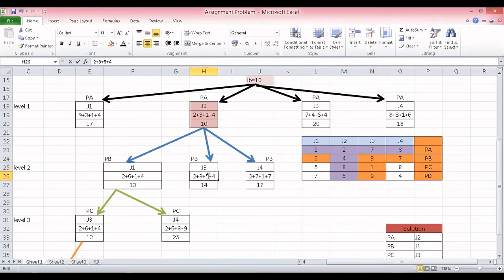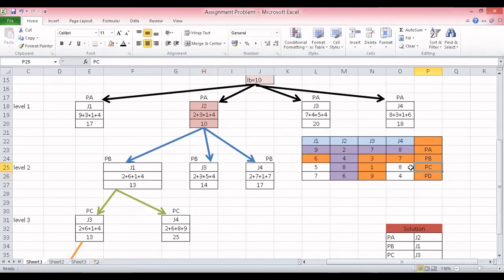Now, the next step, students will be thinking that for person C, the minimum value is 1, so I will take that. No. That is where you should observe twice. Now, job 3 is assigned to person B. In my level 1, job 2 is assigned to person A, so that I have highlighted with purple color. In this particular box, job 3 is assigned to person B. That is why I highlighted with orange color.